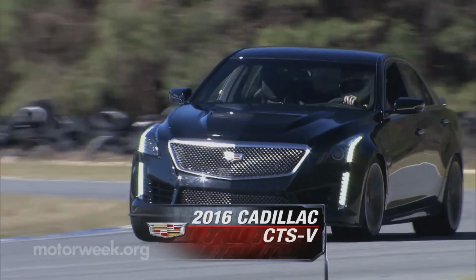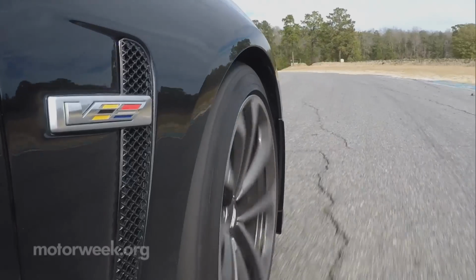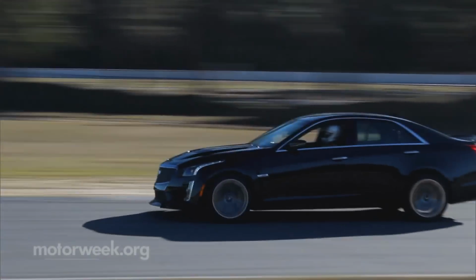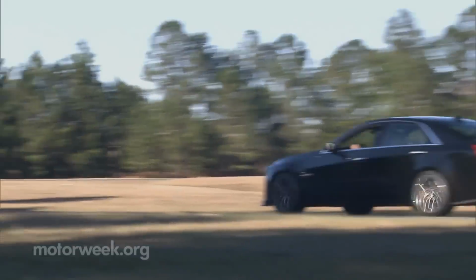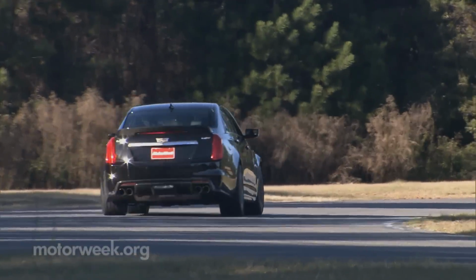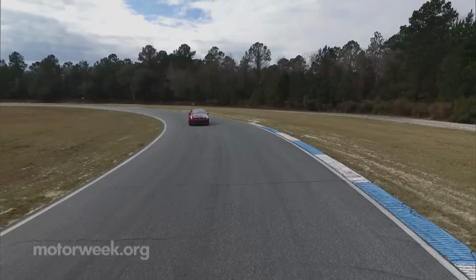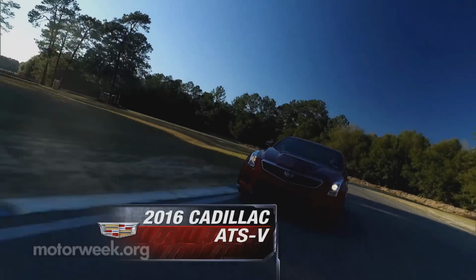It only seems fitting that we turn some laps in anger around this high-speed track in the 2016 Cadillac CTS-V sedan, as we have with every previous generation of Caddy's midsize performer. So it's become somewhat of a rite of passage. And since Cadillac's performance division has spread to other cars, we've brought along its overachieving younger sibling, the ATS-V Coupe,